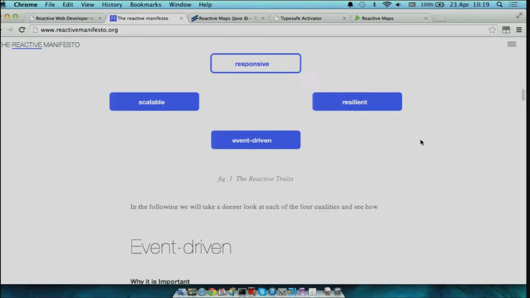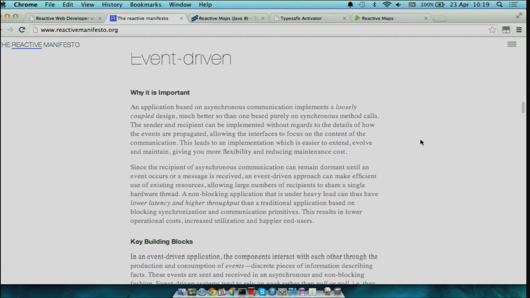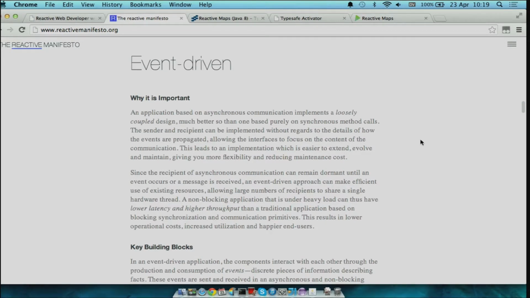And the reason why I'm talking mostly about event-driven in the context of Java 8 is because event-driven generally means callbacks. So in a traditional stream, like an input stream, you might call read to read a byte, and then you wait for that byte to be available and you get it.